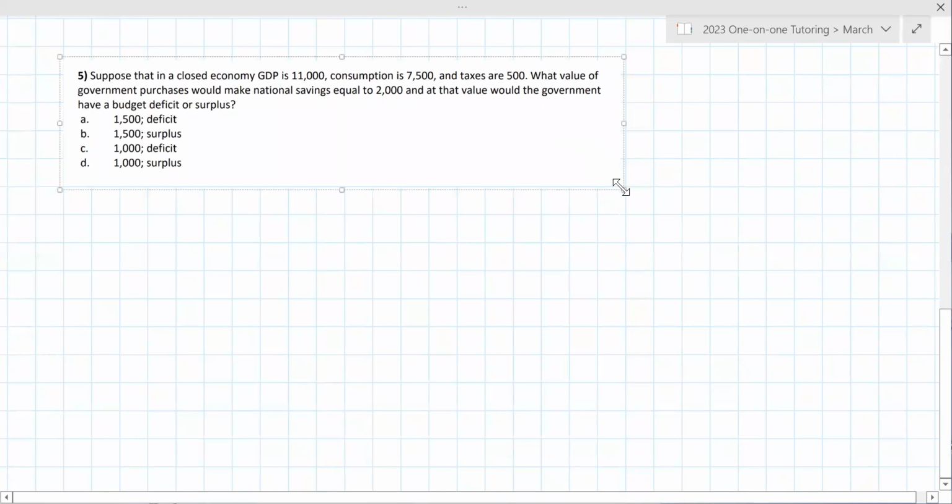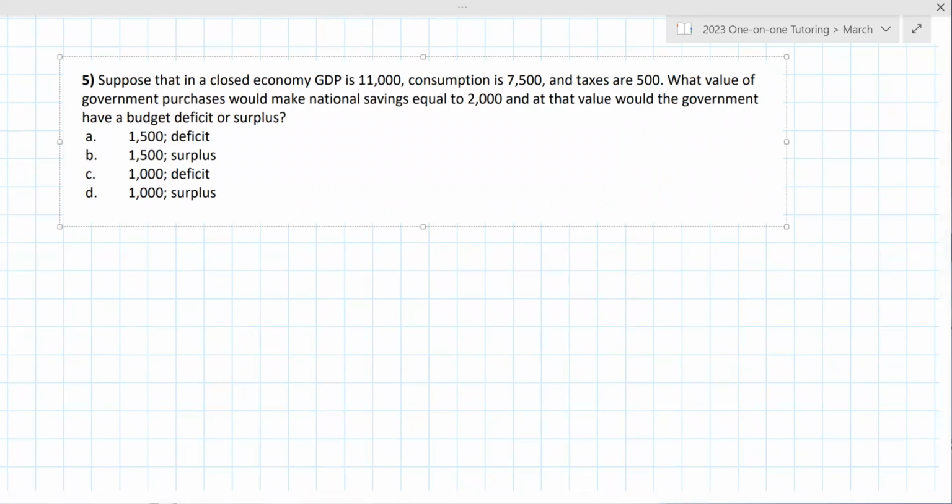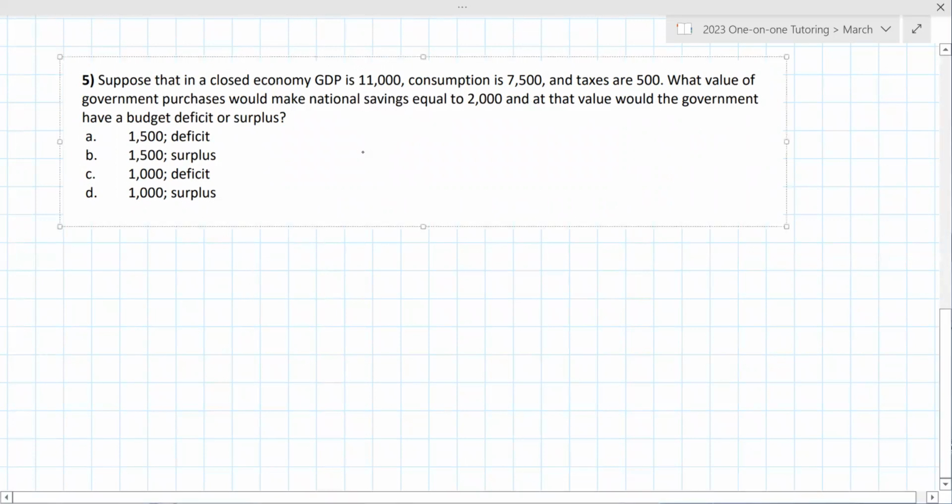Suppose that in a closed economy, GDP is 11,000, consumption is 7,500, and taxes are 500. What is the value of government purchases that would make national savings equal to 2,000? So there is no solution here other than the answer. Is there? So this is one of the equations. I think we're just using maybe Y equals consumption plus taxes,